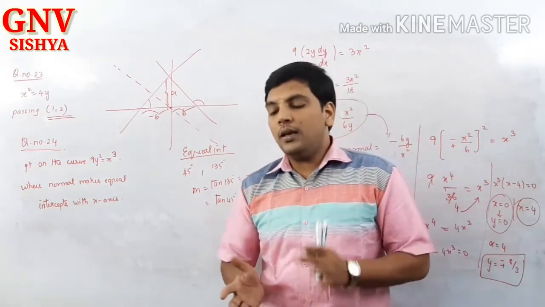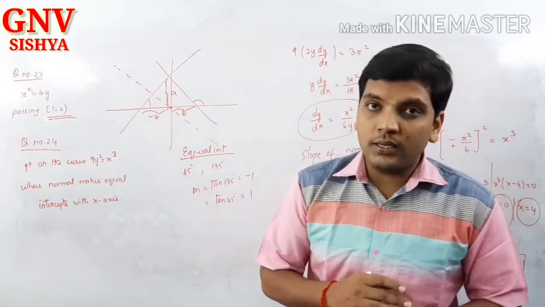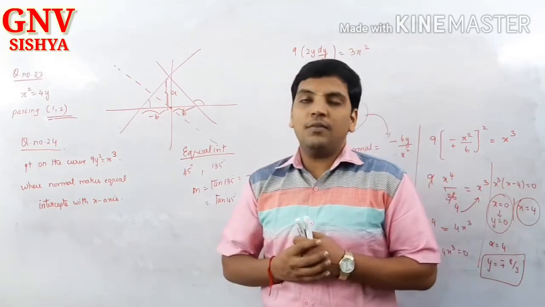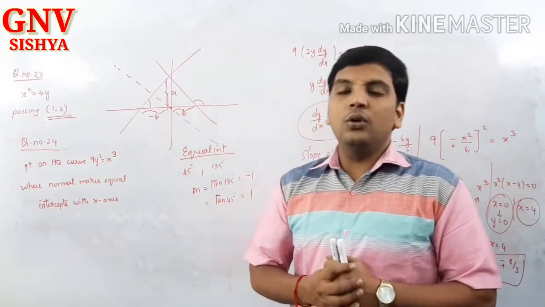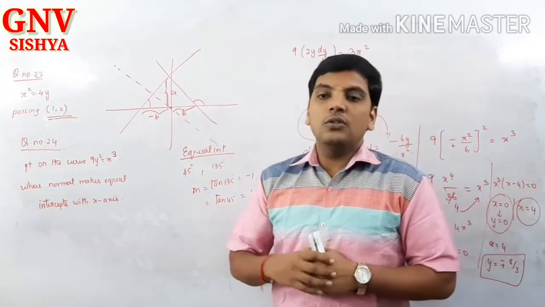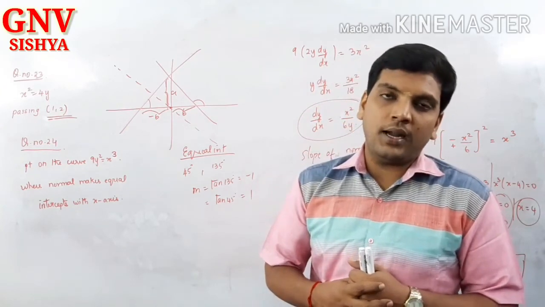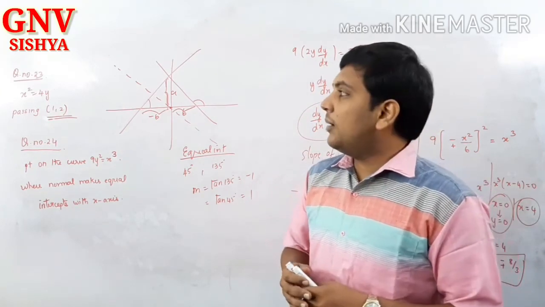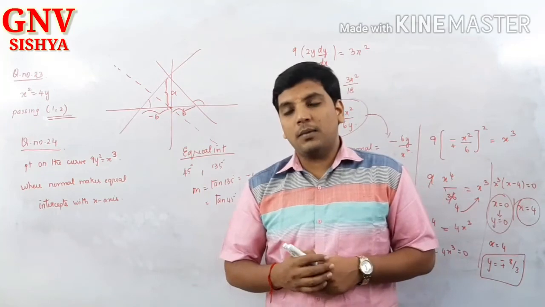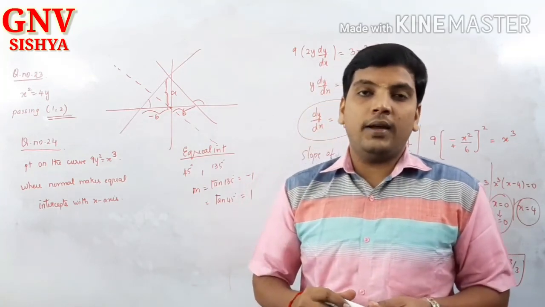Especially this maxima minima, there is a maximum chance of asking a 6-mark question. So do practice each and every sum. Try to do it on your own. Don't see any book or refer to any book. Do try to practice. That only will make you good with this concept, right? So with this, we are winding up the first volume of your mathematics, a very important topic.